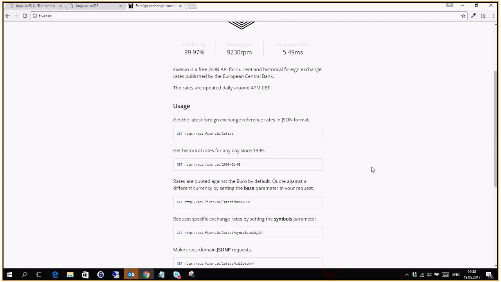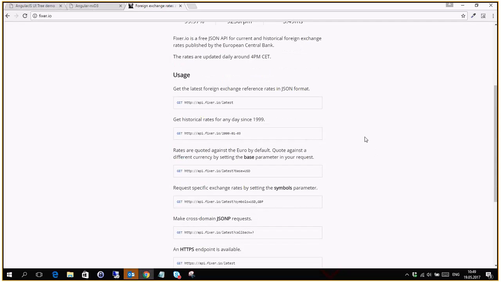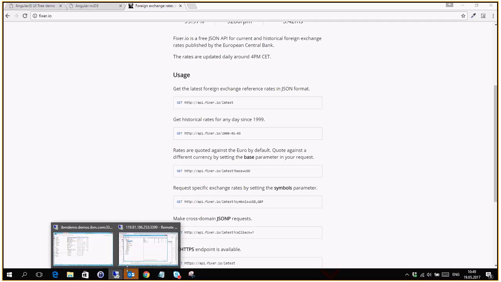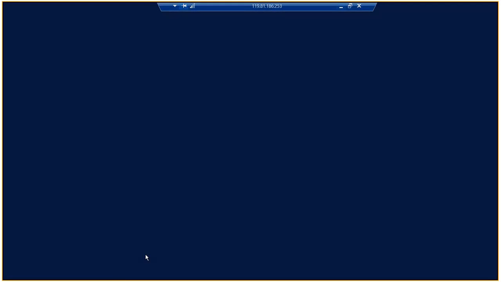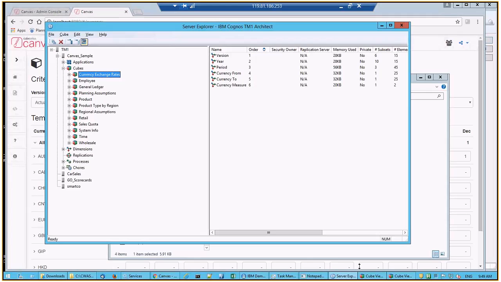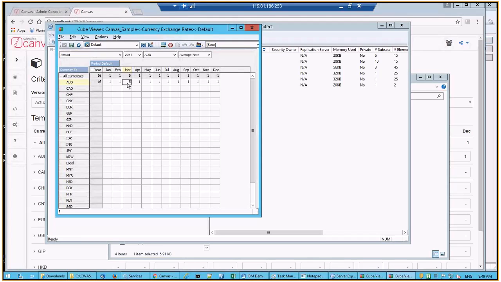But what we want to do is fetch the daily rates of a month, calculate an average, and write it back into a cell in TM1. So basically, if I bring up that cube again, where we want to have those rates, the way this cube works is